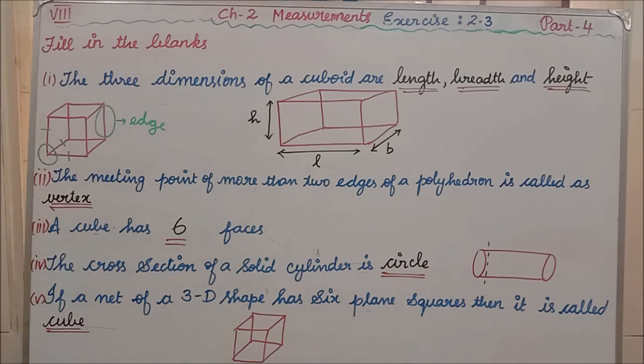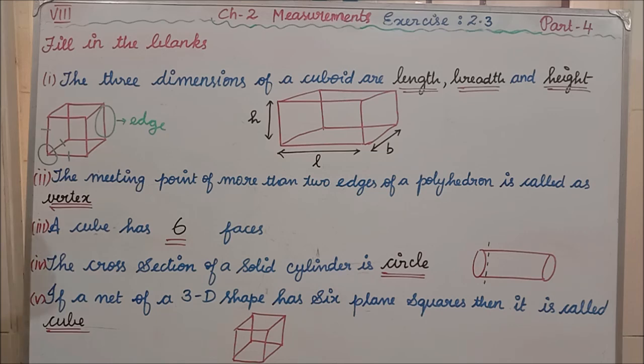3D shape. The sides will be what? Flat. Students, see, I have drawn here a cube, isn't it? Now it is also a 3D shape and it is also a polyhedron. Similarly, a cuboid is also 3-dimensional and it is a polyhedron. Students, in a polyhedron, you are not supposed to get a curved surface. Everywhere you have to get flat surfaces only.